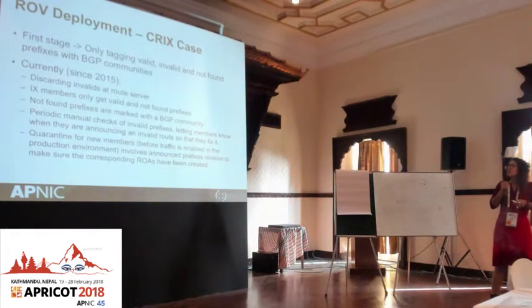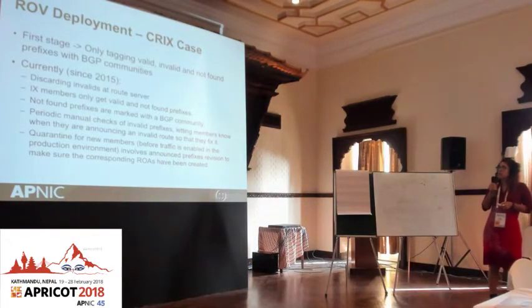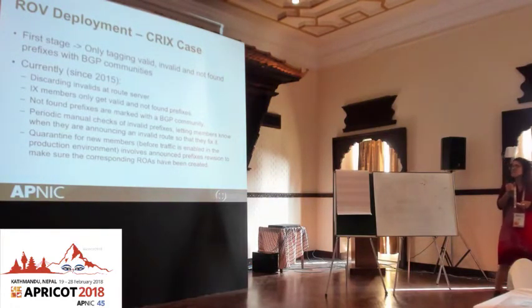So that's a nice example that is working, and I think it's a good way of deploying, and I think right now it's a good moment to start working with this, because not many people are doing origin validation, discarding invalid prefixes. That means that if you start playing with RPKI right now and running some tests and creating some ROAs, it won't have a real impact on your traffic, but it's a good opportunity because it's still not that deployed, so it's a good opportunity to try something without creating any mess out there.